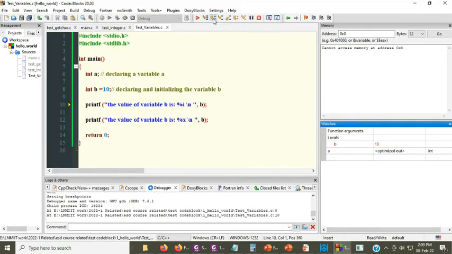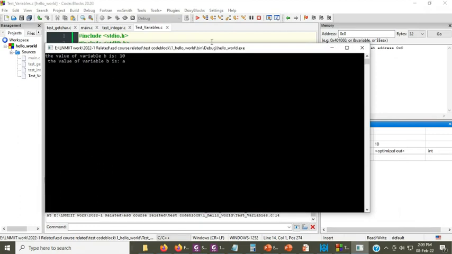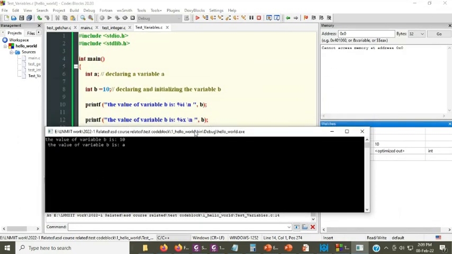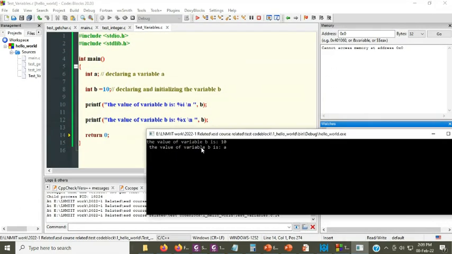In the console you can see there are two different ways to represent the same data in the variable b. The first line says the value of variable b is 10, because it is represented by %i, which is an integer.